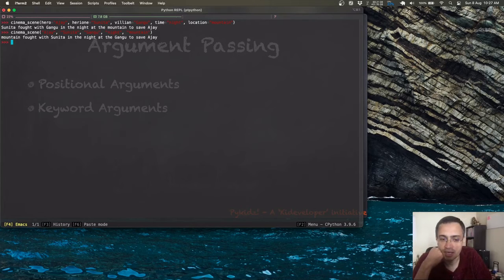What do you think? Now, one thing to note is that while keyword arguments allow us to forget about order, you still have to maintain the number of arguments. If that does not match the defined parameters, then things will go wrong. Let us take a look.